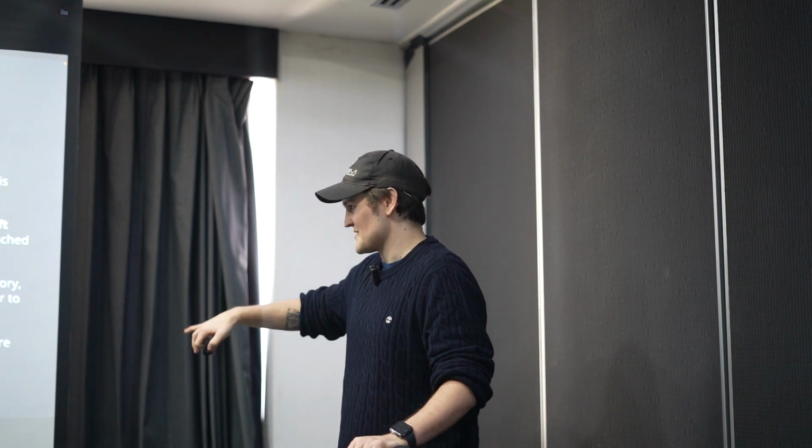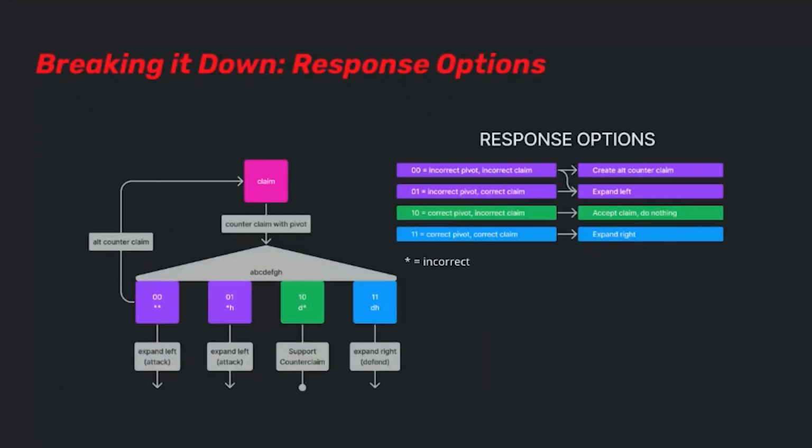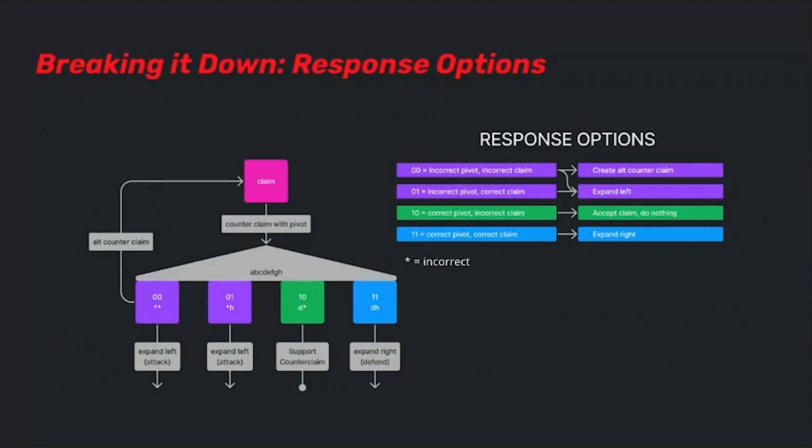So, yeah, this is just exactly what I just said. These are all of the possible response options to any claim-counterclaim pair at any level of the game. If you want to think about this as the root claim, you can, but it's not important. This logic works for any claim that has a counterclaim attached to it. And so we encode our opinions on the truthiness of these two claims as follows: the first bit is our opinion about the pivot, and the second bit is our opinion about the claim that sits above the counterclaim that's in the first bit.